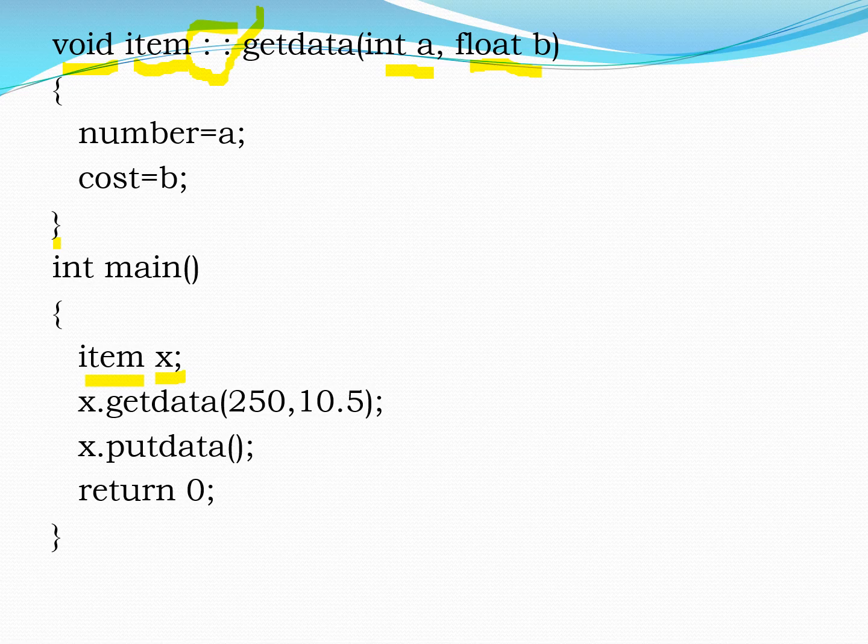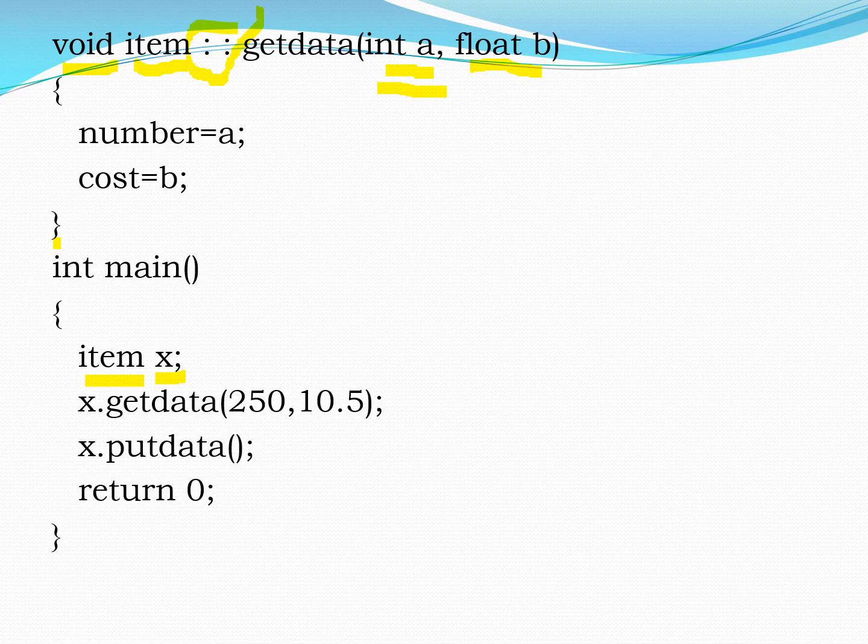See here, the first value belongs to an int, the 250, which is going to be held in the class. Inside the class, 250 will be passed to the variable a, and the 10.5 value will be held inside the class declaration, the two values which have been passed. After passing inside, they are going to find whether the function is declared